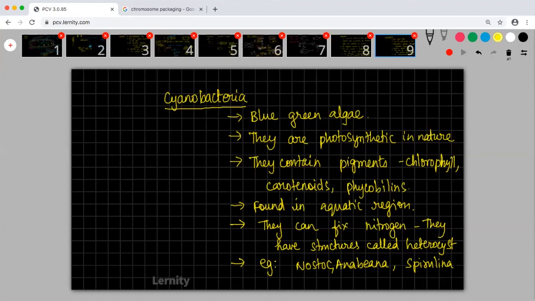Please understand, cyanobacteria is a very important organism on the earth. Today also we have cyanobacteria; we call them blue-green algae. These are all prokaryotic cells. They are all monerans, but slightly different from your normal bacteria. Why are they different? Because in evolutionary history, cyanobacteria is kind of a precursor for all the plants, whereas the normal bacteria is considered to be the precursor for all the animals.